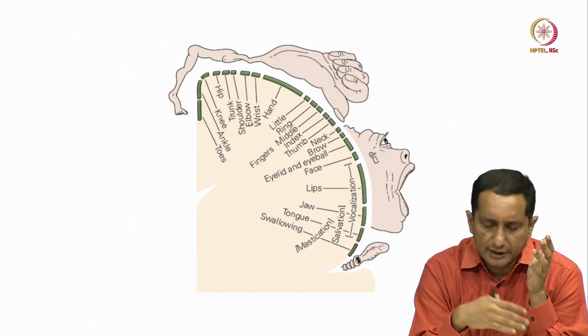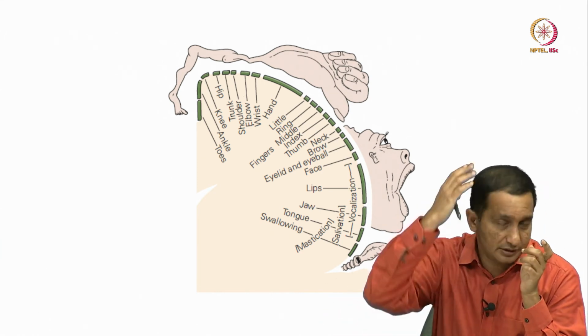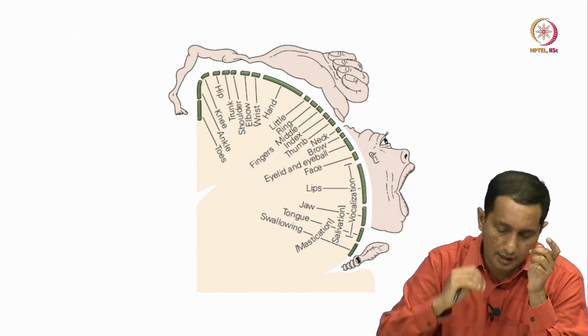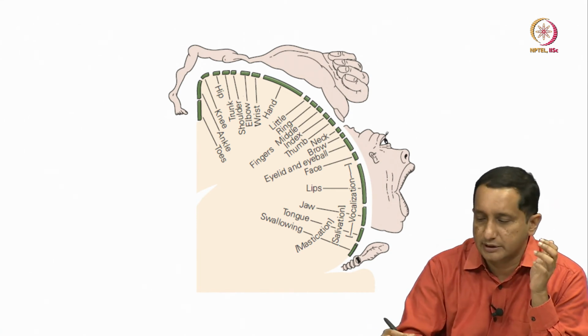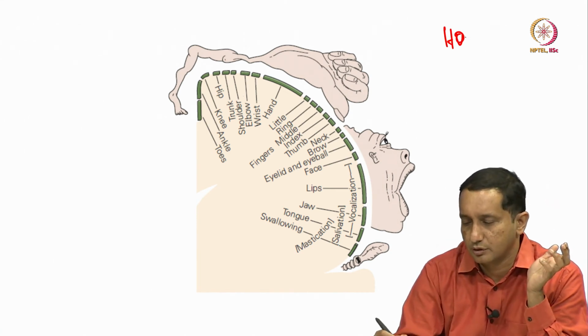So, the motor cortex is across the surface, behind somewhere over here, and this structure is called the